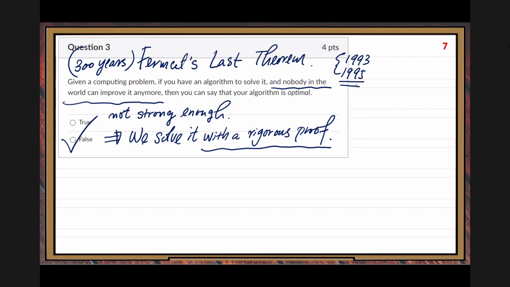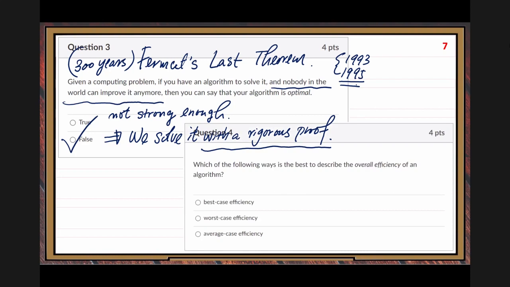That procedure we treat as strong enough. Right now, in the internet era, we just post on the internet and ask all people in the world to criticize it, to do experiments, to criticize it. The proof we post, all experts in the world criticize it. That's strong enough. All right. So that's the explanation of question number 3.